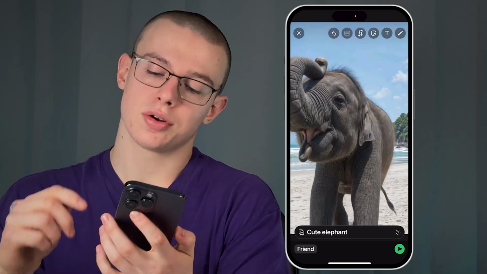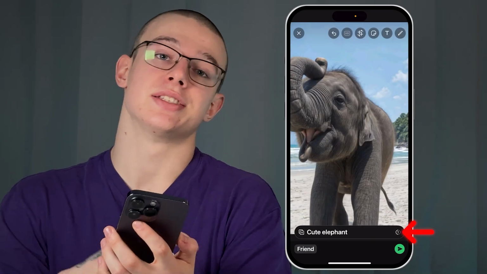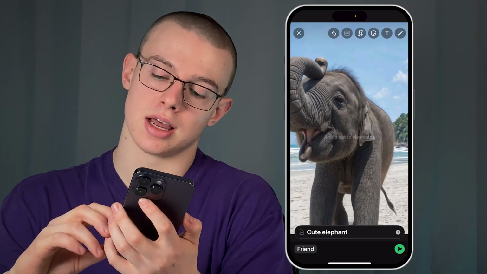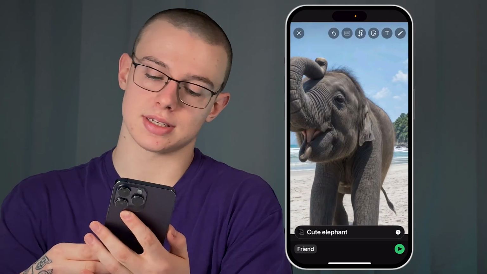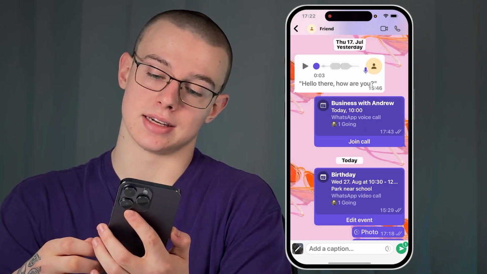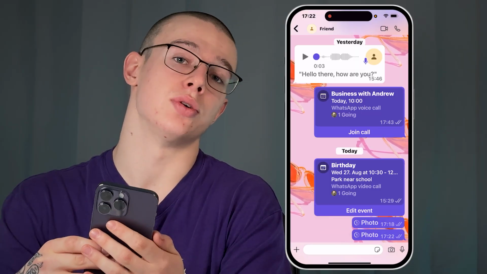And now look for this one icon right beside the description of the photo. Just give it a tap and as you can see, the photo is set to view once. Now hit the send icon at the bottom right, and as you can see, it was sent as a one-time view